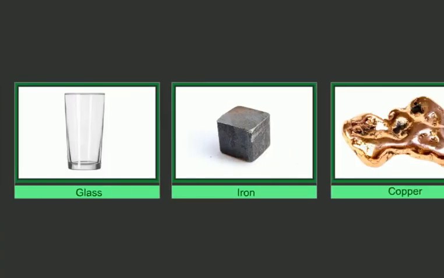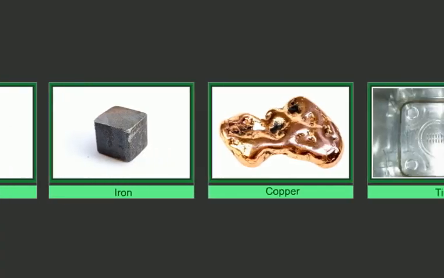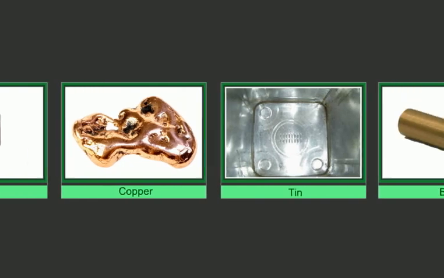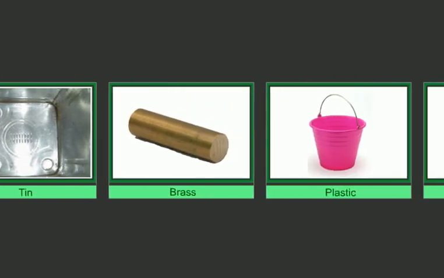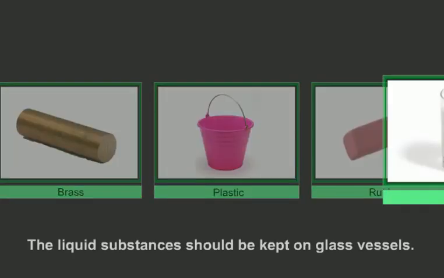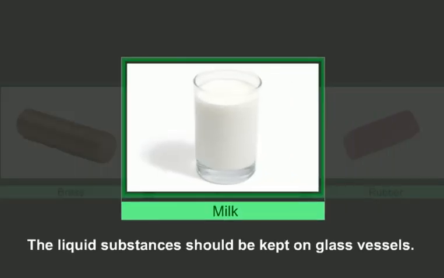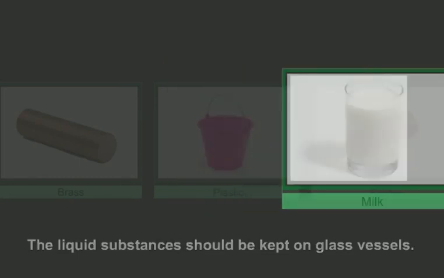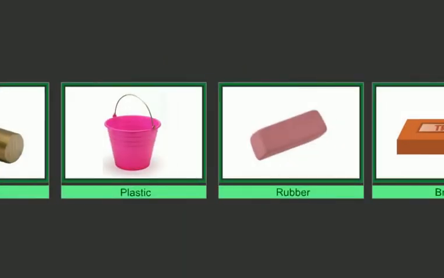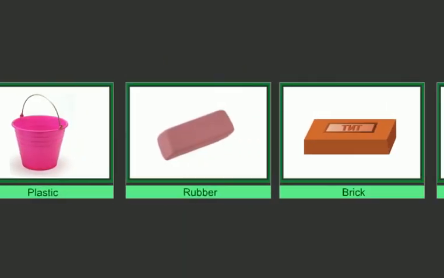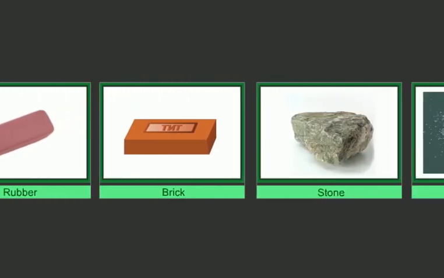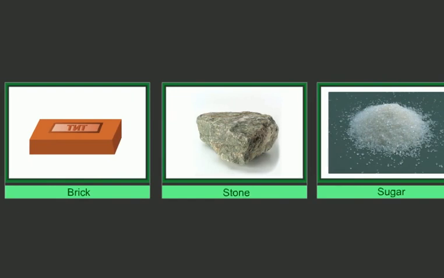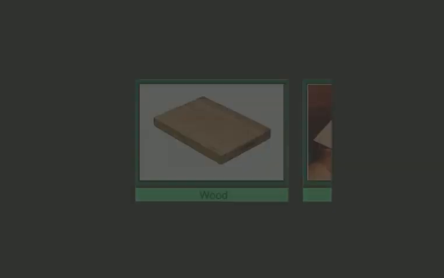To conduct this activity, collect some substances that are available in your neighborhood. Students, the liquid substances should be kept in glass vessels. Note down the name of each substance in your exercise book. Most of the substances found in our surroundings are wood,